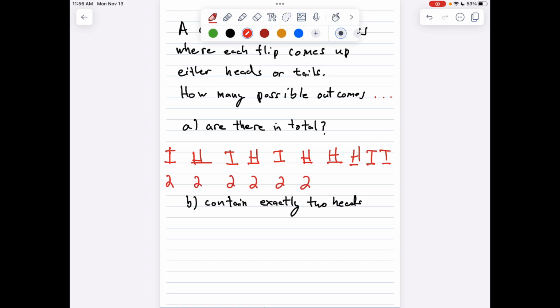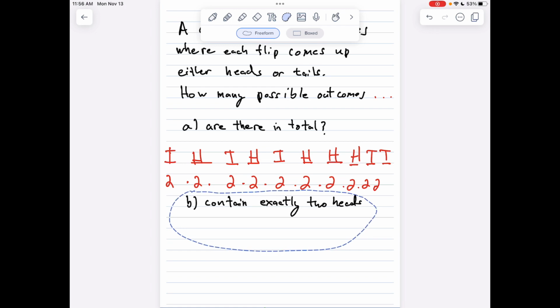And we have a rule of counting that says if you have a certain number of ways to do a certain task, and you have another certain number of ways to do another task, and you do them one right after the other, you can just multiply the number of ways for each task together to get the total number. So this would be 2 to the 10th, which would be 1,024. Okay,